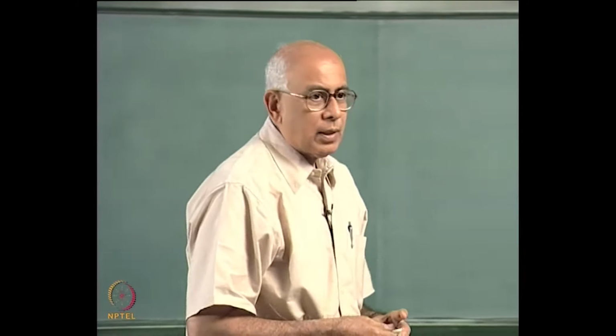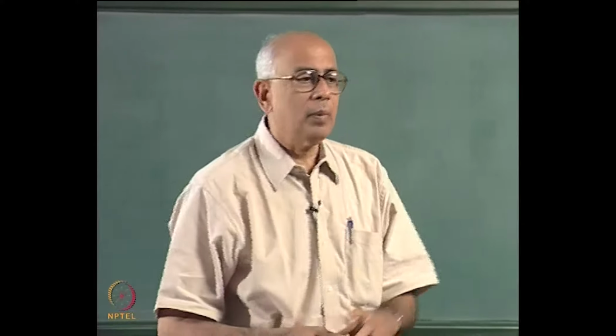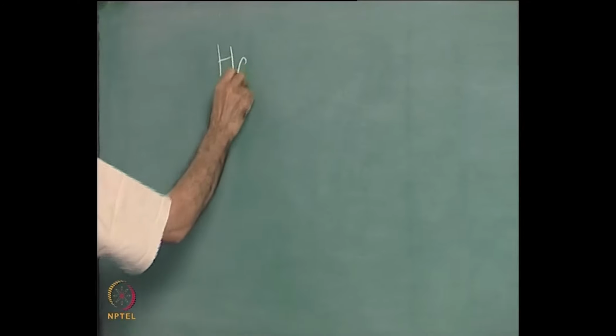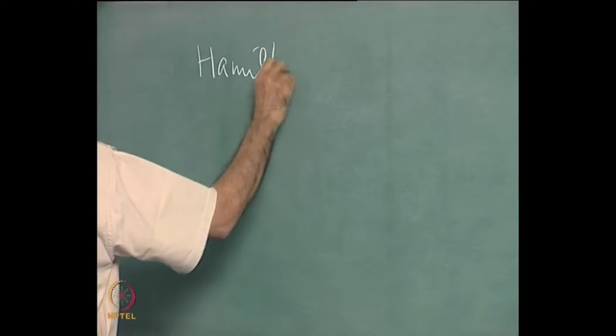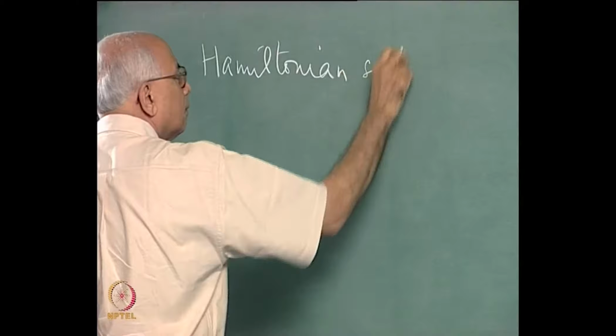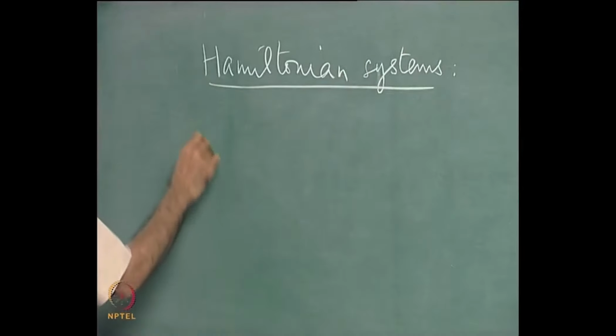We had started our discussion on Hamilton's equations of motion and Hamiltonian systems. Let me briefly recapitulate the place where we had got to and then go on from there. A Hamiltonian system, if you recall, had a set of dynamical variables